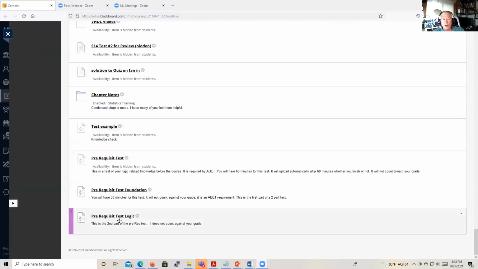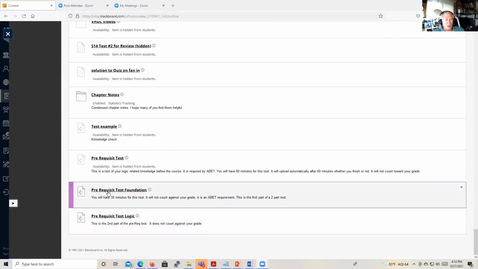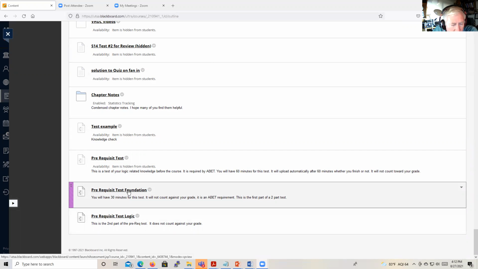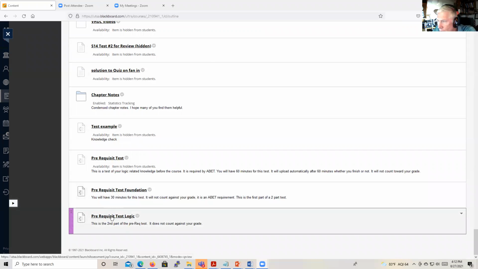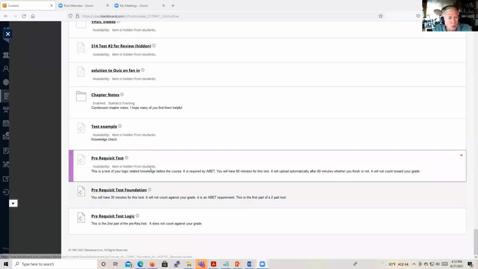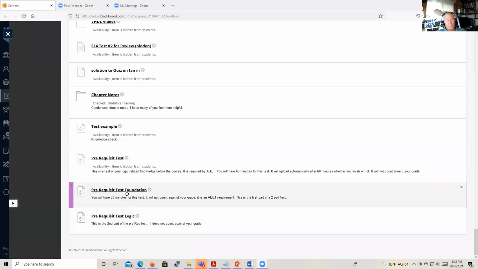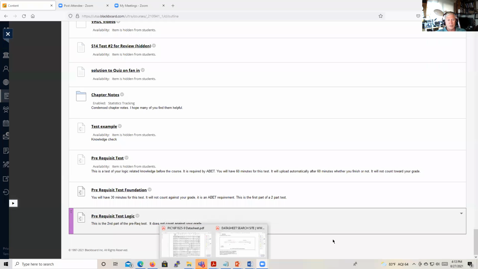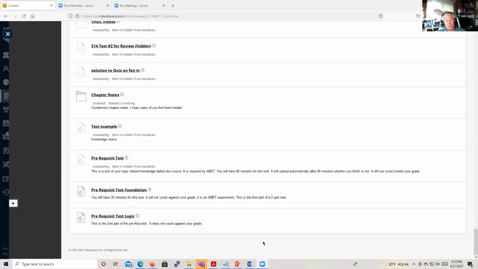They're graded automatically. So now I get 2 scores, one that tests your foundational knowledge in logic design. One is number bases and binary information, and then the other is logic knowledge about logic gates. So those are the 2 areas, and theoretically then, if I see that you're particularly weak with your number foundation, I'll spend a little more time on that. If I see that you're particularly weak with the gates, I'll spend a little more time on that. That's the idea. And like I say, it's kind of goofy for this course because really there's no prerequisites.